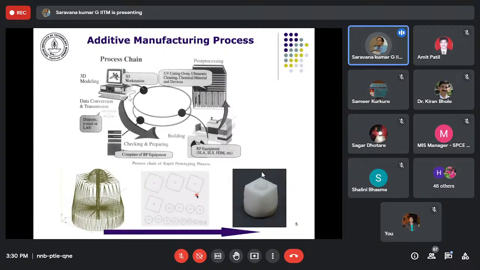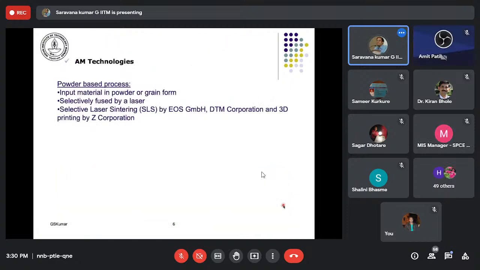So some of the build parameters like layer thickness affect the accuracy and the surface finish. I think you may also be able to see here there are some serrations and deviations that are caused because of this slicing.